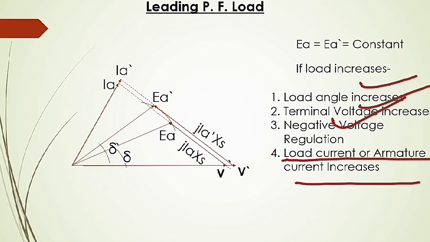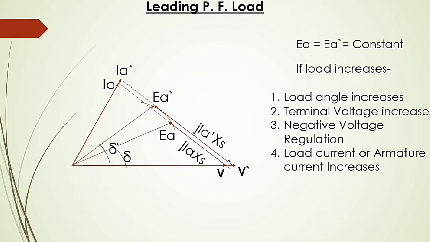The differences come in terms of terminal voltage. At unity power factor load, terminal voltage slightly decreases, and in lagging power factor load it decreases significantly, while in leading power factor load the terminal voltage increases. In terms of voltage regulation we also have differences. So the next one is,